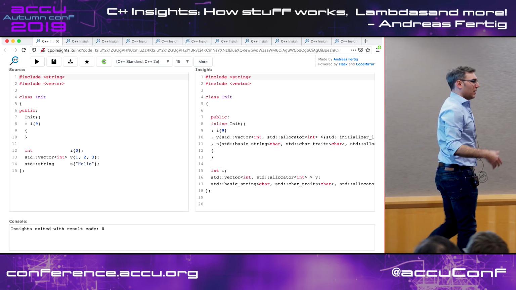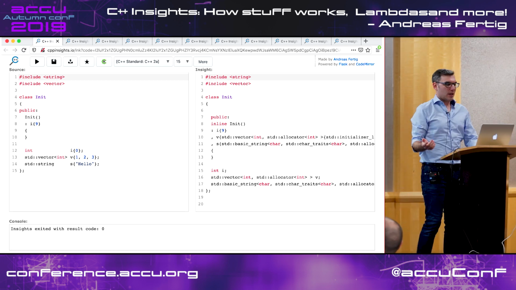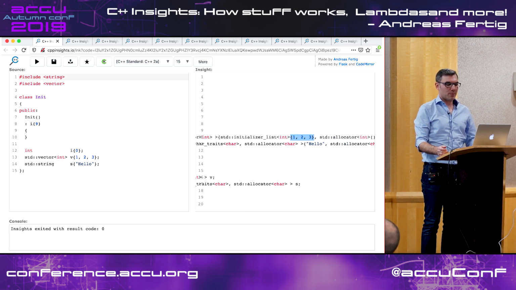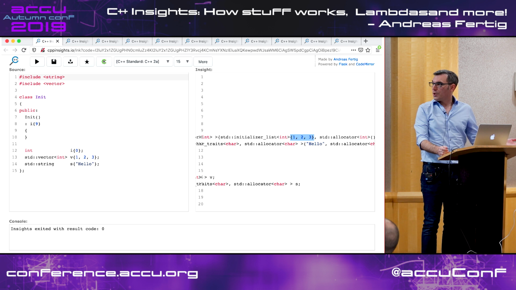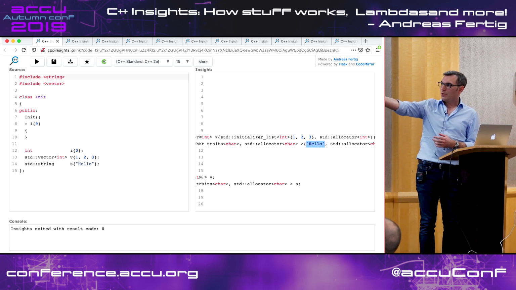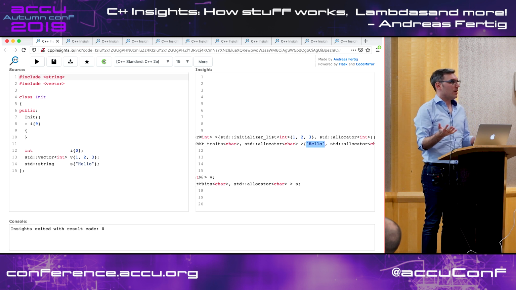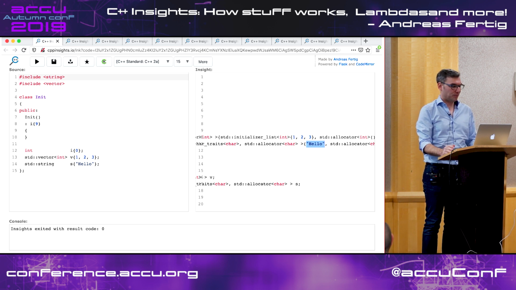And then we can see that my default constructor now has 2 more elements it initializes in its initializer list. And this is my std::vector, which gets the values 1, 2, and 3, and my std::string, which gets the value hello. So it's syntactic sugar, making it easier for us to write the code on the left, while we would be able, and sometimes still do, write the code on the right. But the compiler does the transformation for us. I really like that. It's easier for me to write the stuff on the left.